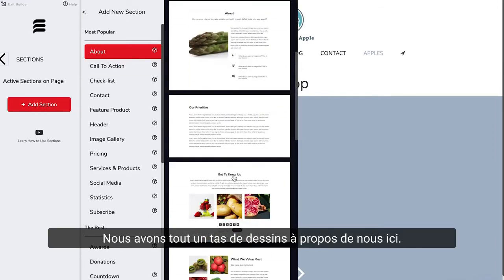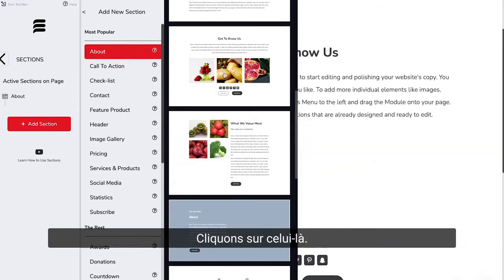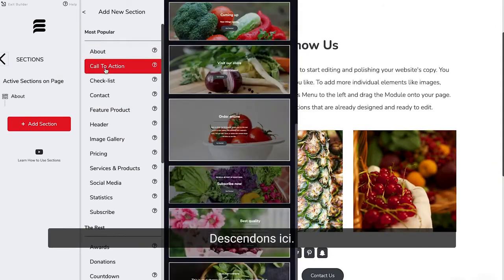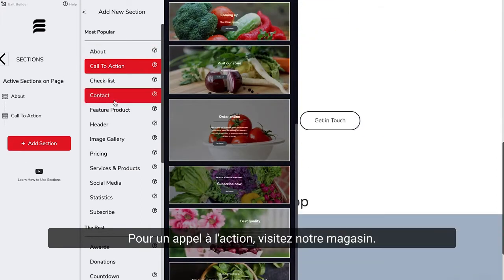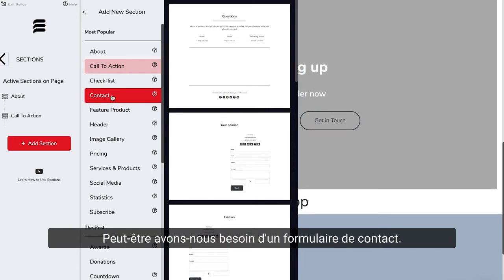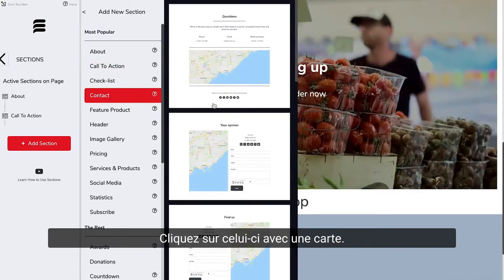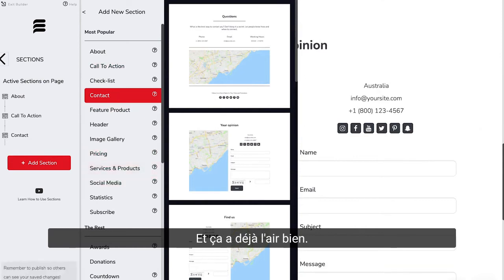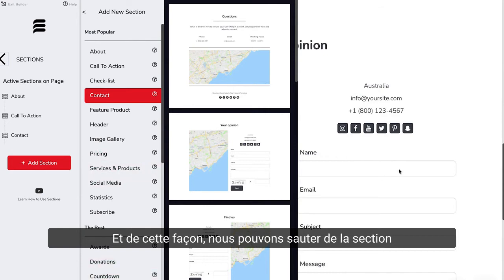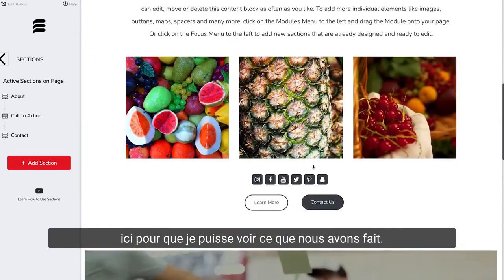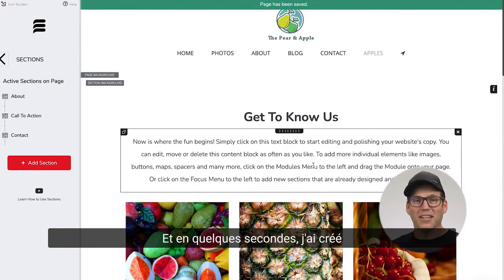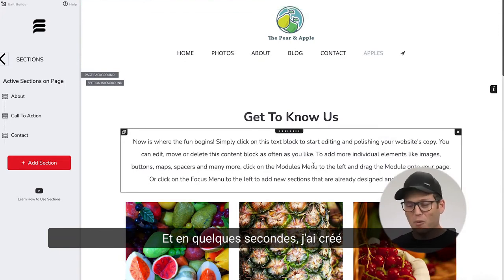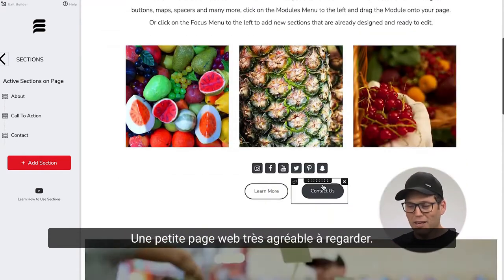We've got a whole bunch of About Us designs here. Let's click on that one. Let's go down here for a call to action, visit our store. Maybe we need a contact form. Let's click on this one here with a map. And that already is looking great. I'm going to hit save on that, and that way we can jump out of the section here so that I can see what we've done. And in just a few seconds, I've created all of these sections here